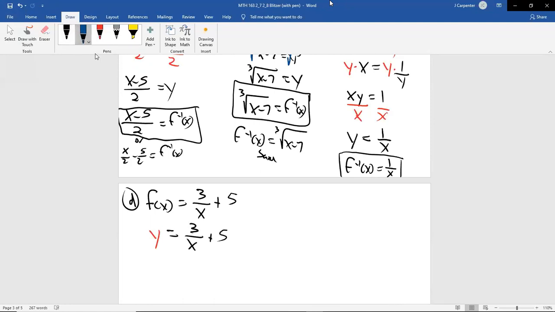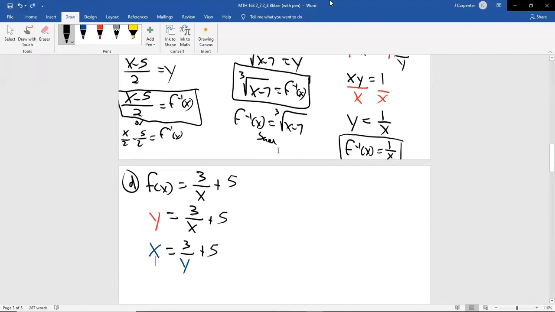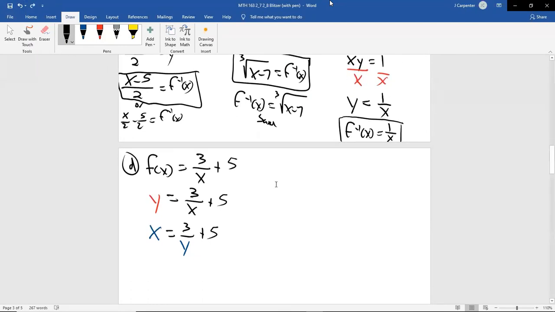Second step, write y's as x and x's as y's. Third step, solve for y. All right, so the 3, the 5, they got to go away from the y. But before we play around with that, this y is in the bottom. We don't like that. We don't like the variable we're solving for to be in the bottom. Whenever it happens, the go-to process is to take your LCD and multiply it by everything to clear the fractions. We don't like variables we want to solve for in the bottom. It's very difficult to think about, so we get rid of them.